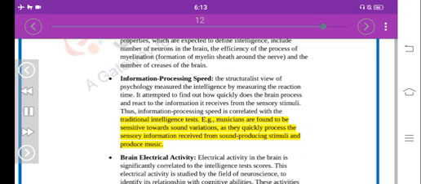Brain electrical activity. Electrical activity in the brain is significantly correlated to the intelligence test scores. This electrical activity is studied by the field of neuroscience to identify its relationship with cognitive abilities. These activities include the process in which sensory information is received by